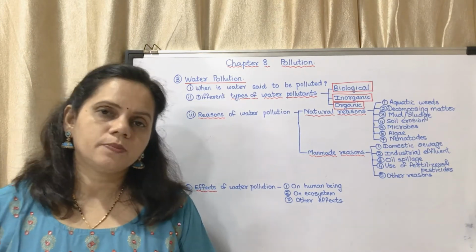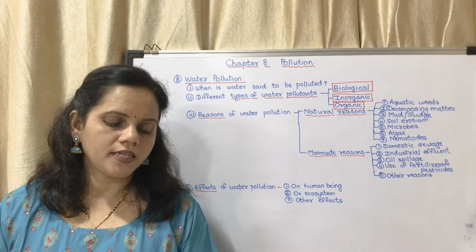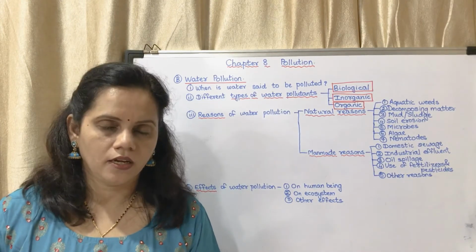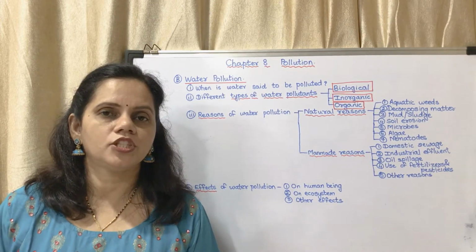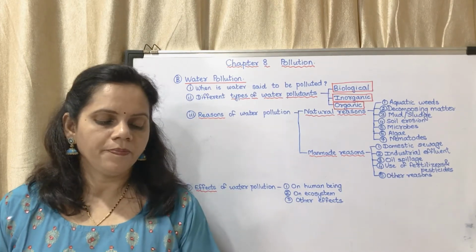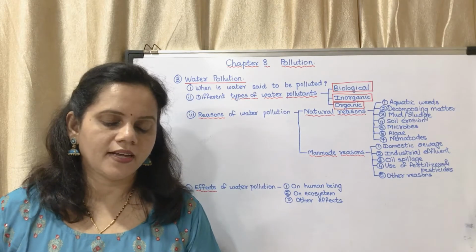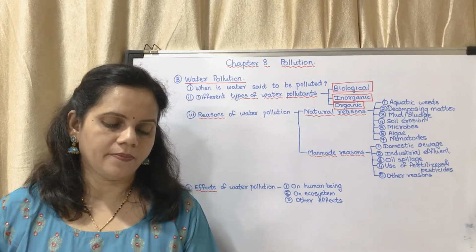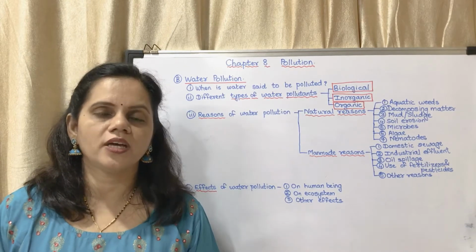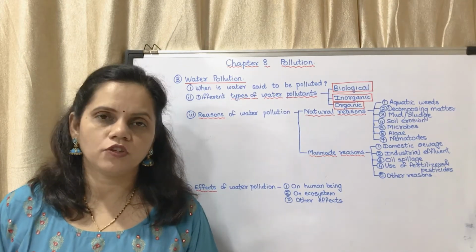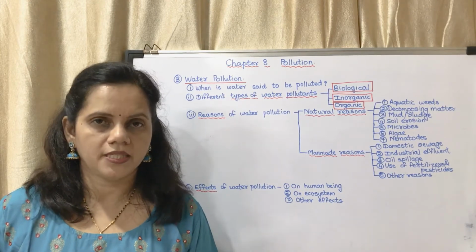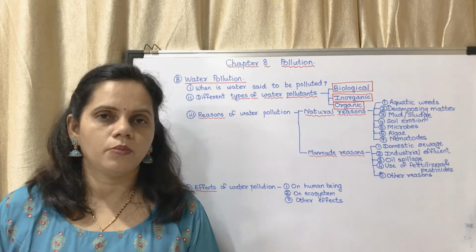The first one is biological pollutants. Water does not remain potable. Potable means good for drinking, which you can drink. It doesn't remain potable due to algae, bacteria, viruses, parasites, etc. Diseases are spread due to biological pollution. So if there are different types of microorganisms in water, then such microorganisms are basically called biological pollutants.